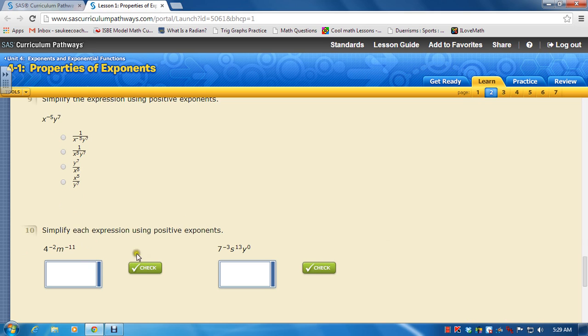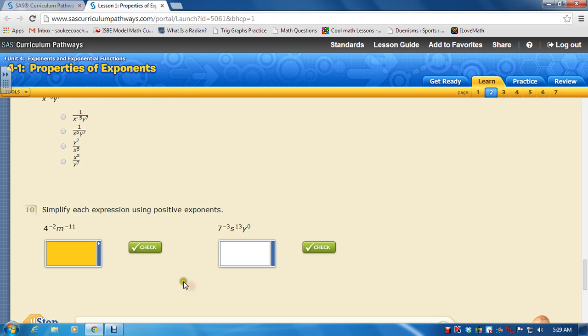Let's see. And down here, if we're going to simplify using positive exponents, then the first thing I need to do is look at them. I don't have a like base, so I cannot combine these, right? So I'm simply going to have to change their location. Each base is going to go into the denominator. So I'm going to have 1 over,